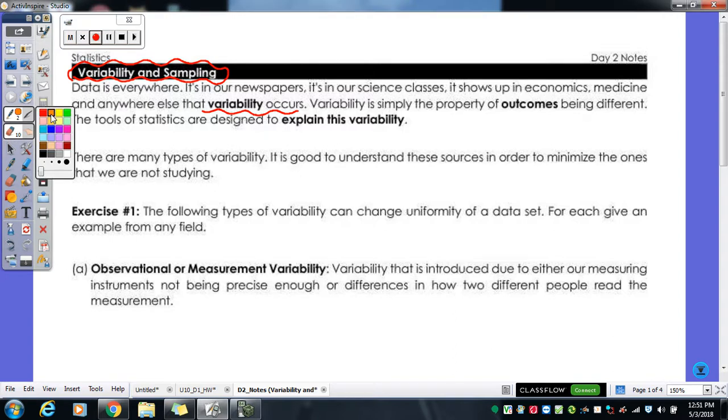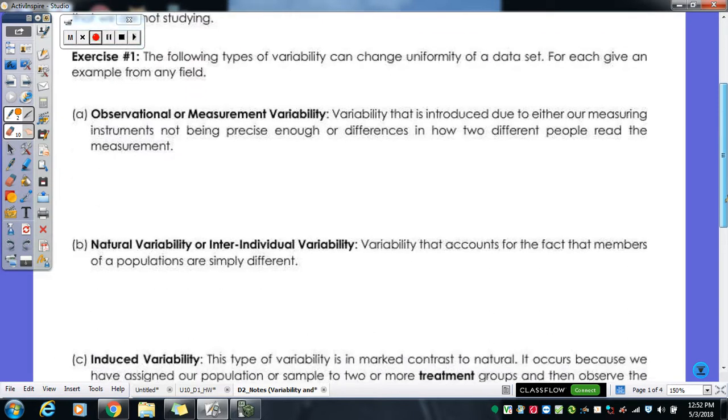So there are 4 main types of variability that we have to take into account when we're dealing with our statistics. What we're going to do is read through the different types, and you're going to try to see if you can come up with an example that you're going to write down in your notes for each of the different kinds. So our first one is observational